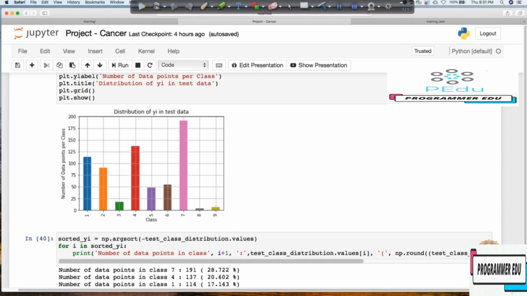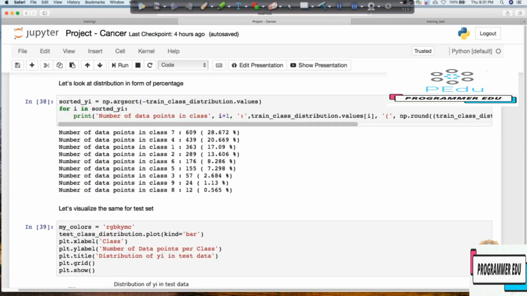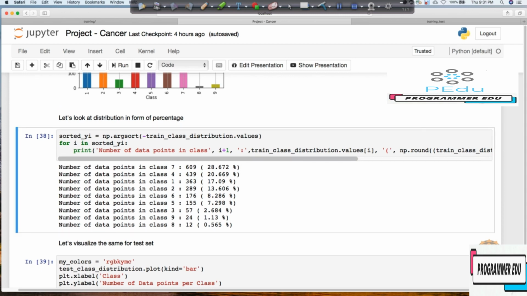Now for test also, we can see that for class 7 the distribution is high. That means maybe in our original data set itself, my class 7 has a huge amount of entries. So even for class 4 we have a lot, and for class 8 and class 9 we have a lower number. And you can verify that from this as well. So class 7 we are getting 28.722, and you can see here also in the train set we have almost